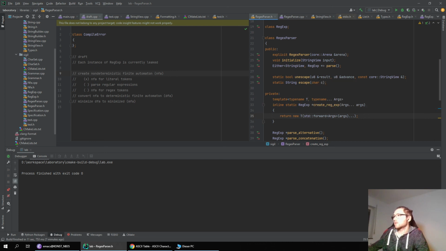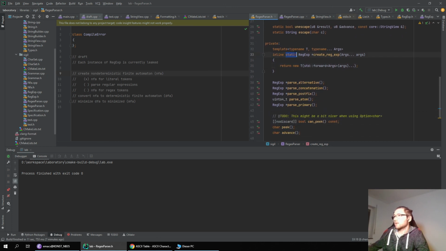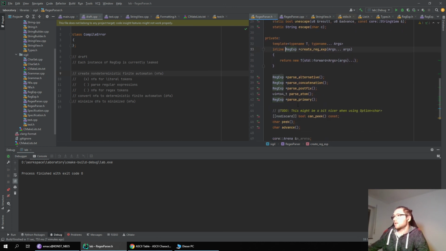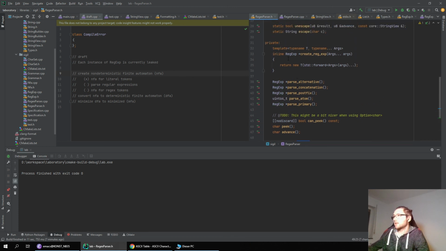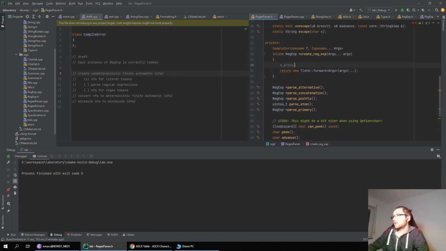So I would like to do something as follows. This one is not static anymore, and it accesses our arena, and it's just going to allocate, let's say, size of T bytes. So then I get back a pointer,